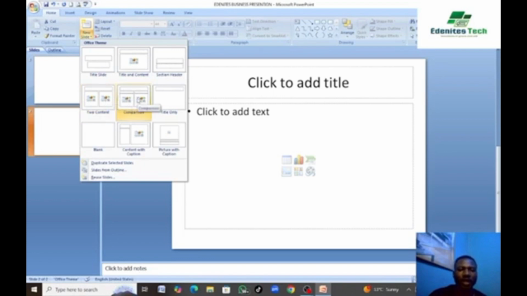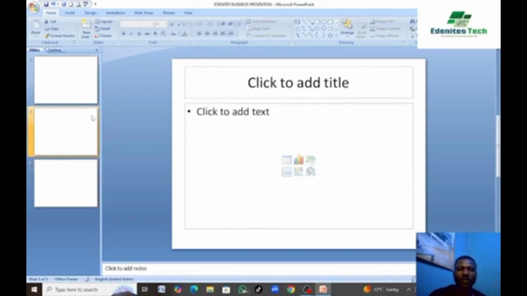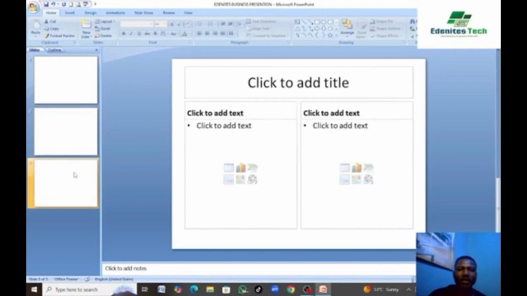Now when I click on comparison, you will notice that the new slide that was added was not added by the computer itself. It allowed me to make a choice. See, the first slide we added, it was added automatically, but in the second slide we added, I chose this particular layout, and that is what it gives me. Okay,